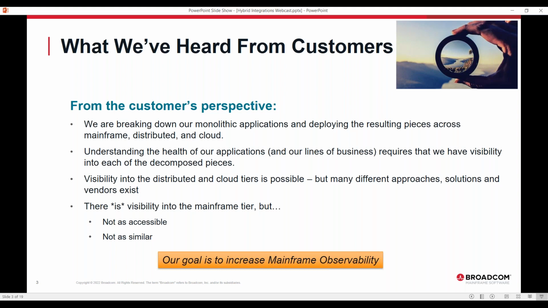So there absolutely is visibility into the mainframe tier, but if you step back and look at it, not from someone who has 30 years of depth and experience in the platform, but somebody who might be new to it, or who has not grown up in the mainframe, I would also argue that the mainframe is visible and observable, but it isn't as accessible as some of these other platforms and observability solutions. It's also not as similar; how you look at things on the mainframe is different, and all of you know that as well.